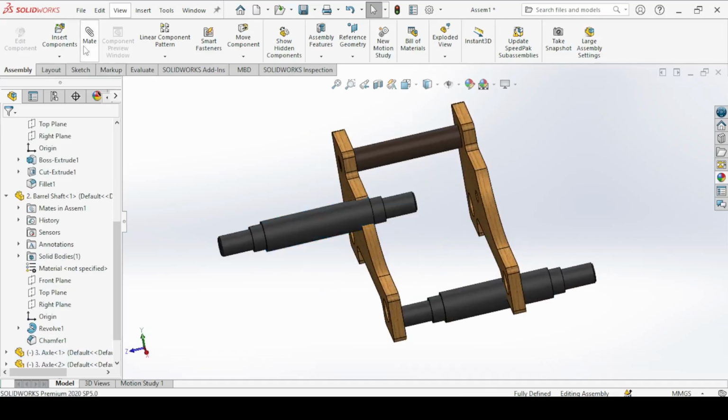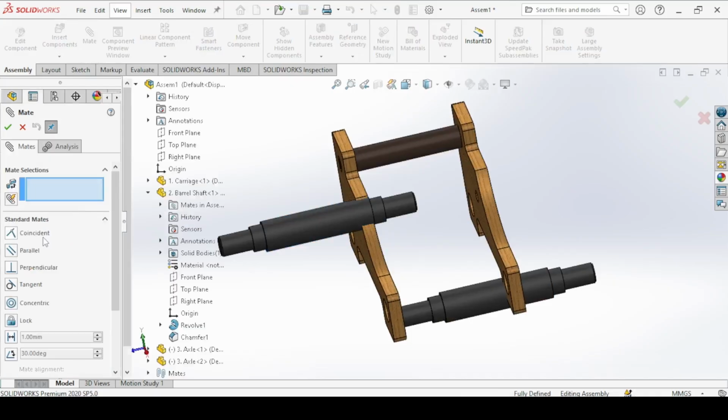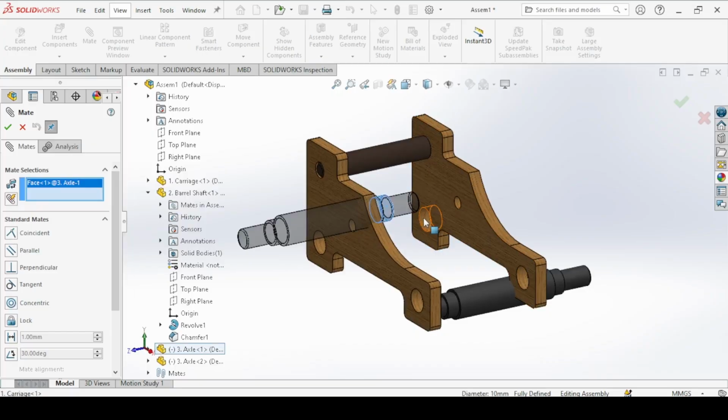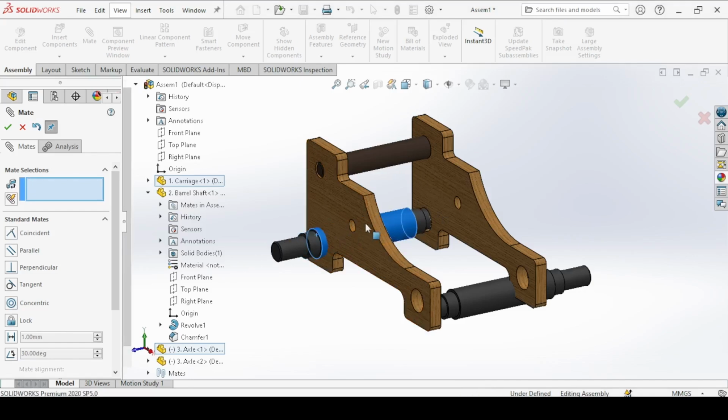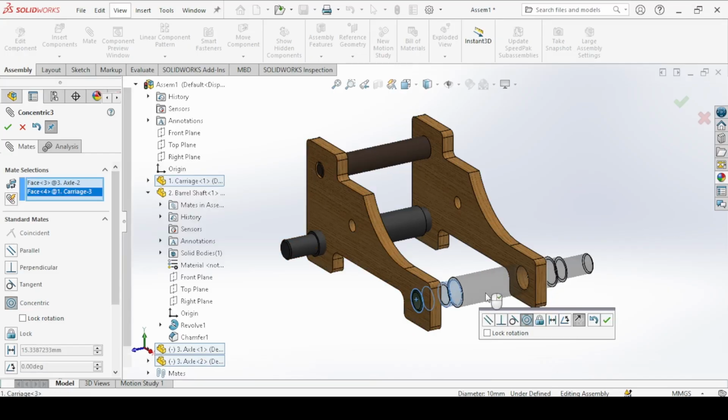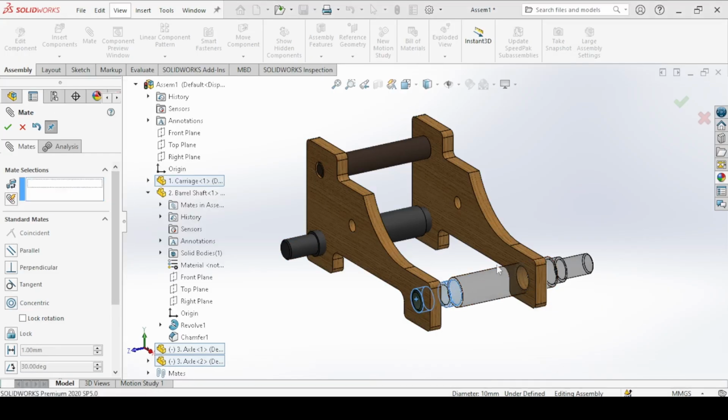Now let's meet. Under standard meet, click on this face of the shaft and this hole. See concentric. Okay. Again, click on this face and this hole. Concentric. Okay.